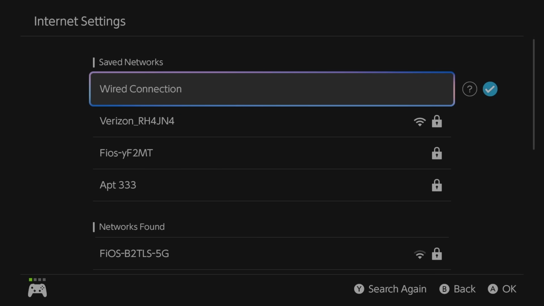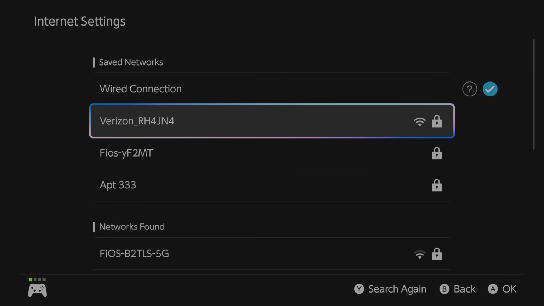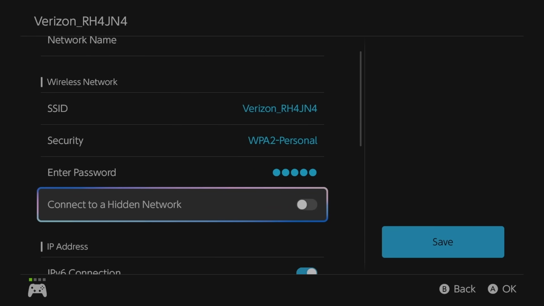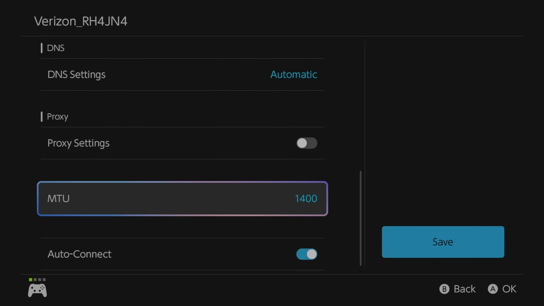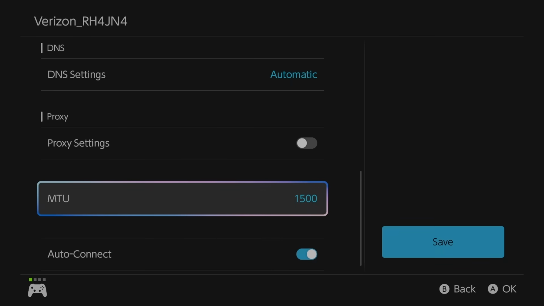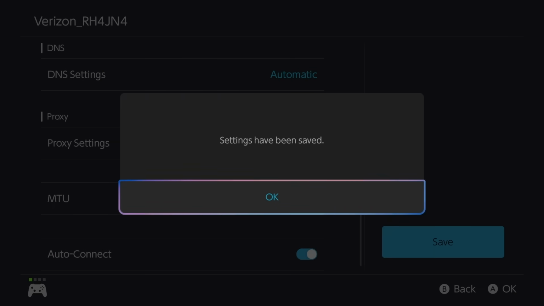So if you go to your wireless connection right here, if you click on it, there should be an option here for change settings. So you click on that and you're going to scroll all the way to the bottom right here where it says MTU. You can actually change this number from 1400 to something like 1500, and this is basically going to increase the data packets that are sent back and forth from your Switch 2 to your wireless router and then back and forth,